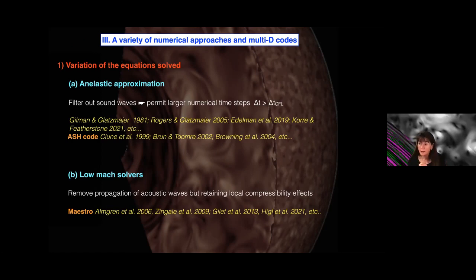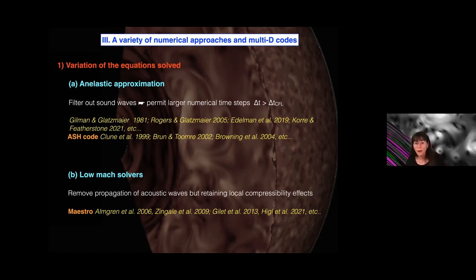And I would say that there is no single solution, there is no best approach. They are only different approaches which have advantages and which have disadvantages. And I would like to give you here an idea of all those different approaches which exist in the stellar hydro community. So first, you can decide to solve